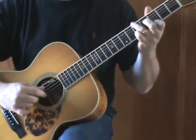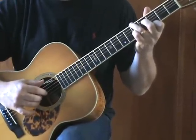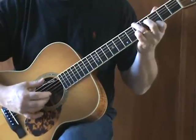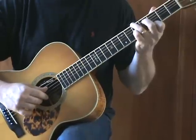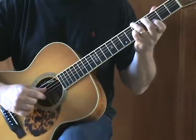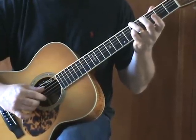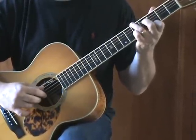Then I'm going to drop my first finger to the 3rd fret of the E string. I'm going to drop my pinky in on the 5th fret of the B string. The next 3 notes are the 2 E strings pinched together, and then the D and the B string pinched together. Pull your first finger out, and then hit the high E string open. So that together is